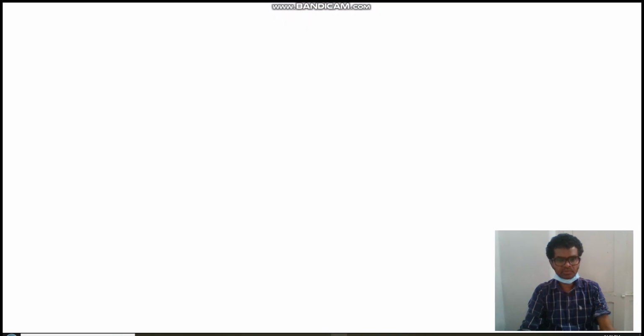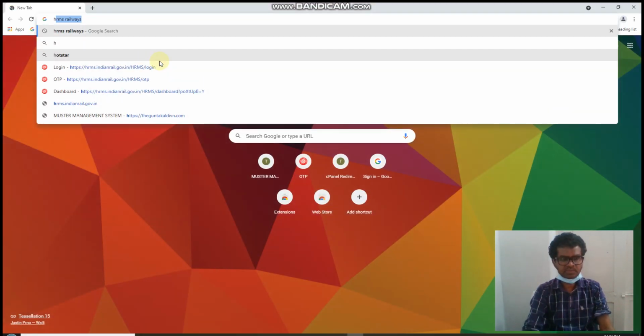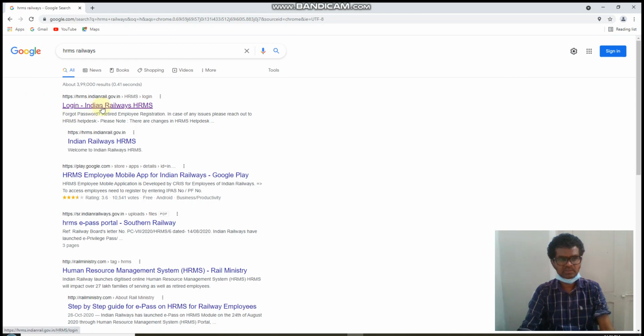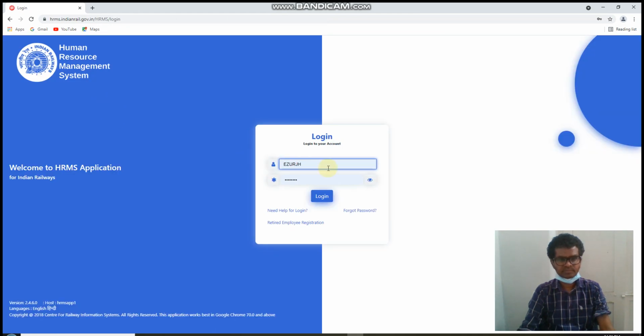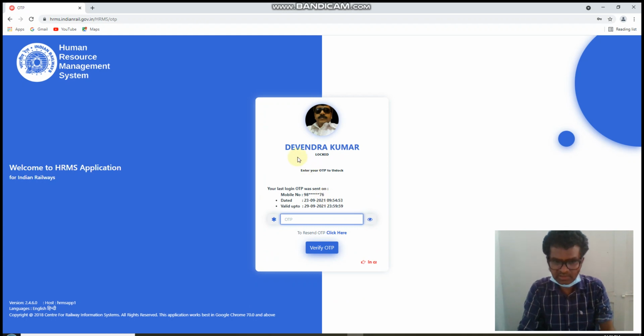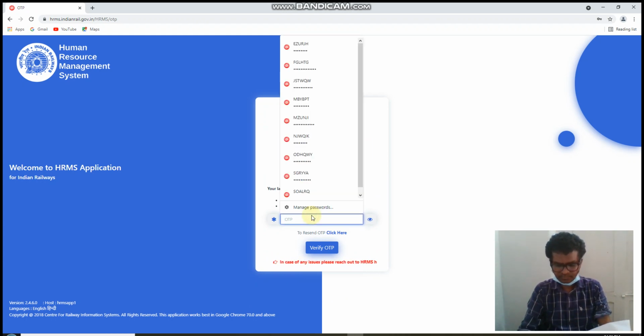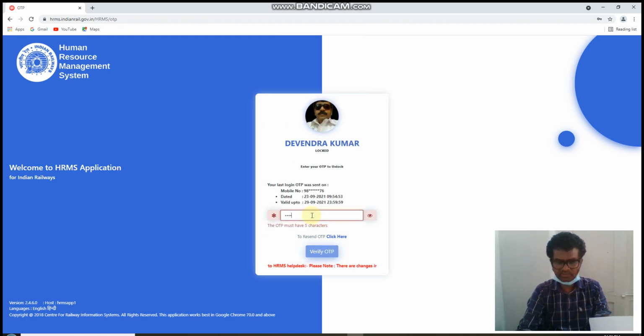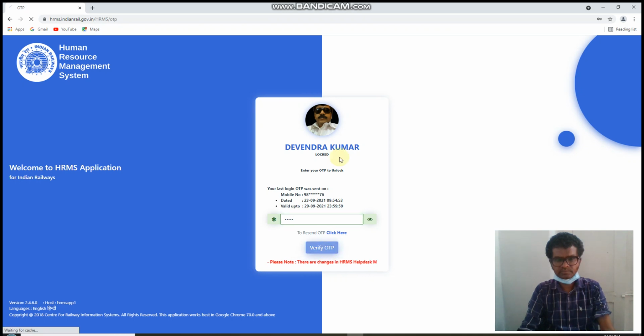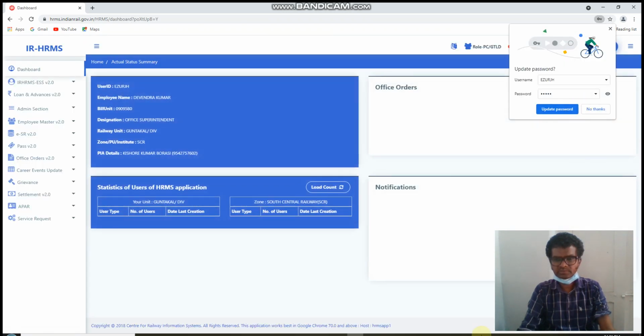I am using Google Chrome here. The website is HRMS, this one, and type the username and password. This is the Pass Clerk ID, and here Devendra is one Pass Clerk. Now the OTP will come, that we have to enter here, 8264 something. Okay, now